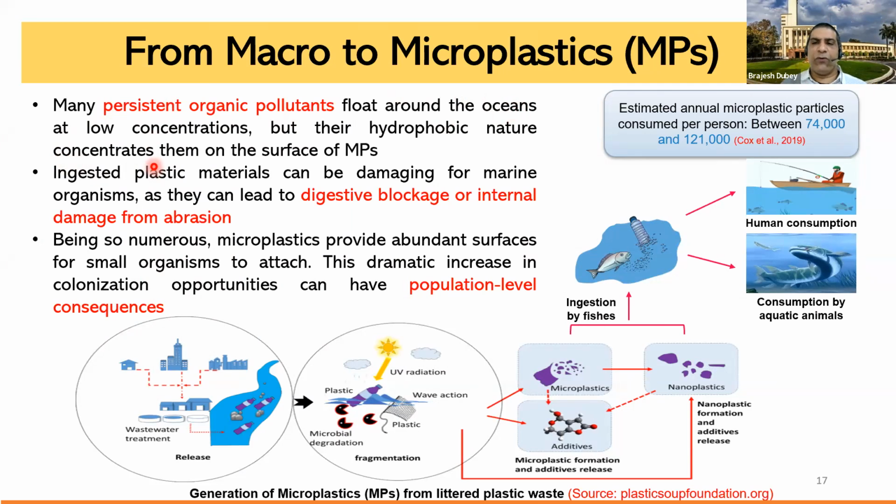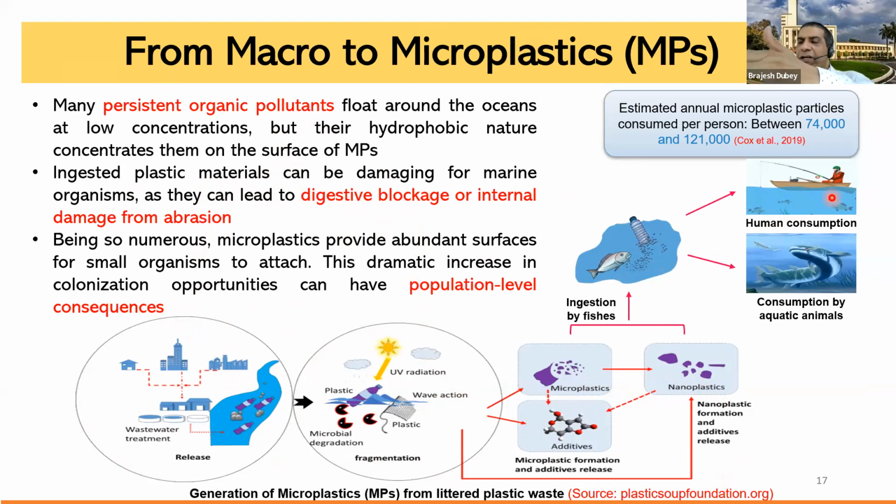One of my PhD students, Varaprasad, is working on that. There are many persistent organic pollutants in the ocean, and then microplastic. What is happening is they do concentrate on the surface of microplastic. So this ingested plastic material damages the marine organisms' digestive system, causes internal damage from abrasion, and that has population level consequences too. So here you have all these releases, then fragmentation, then microplastic formation, microplastics, nanoplastic